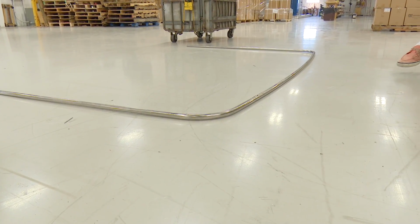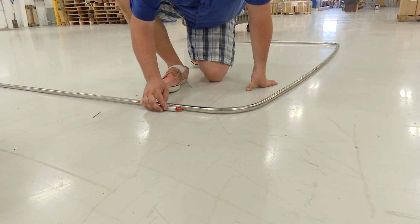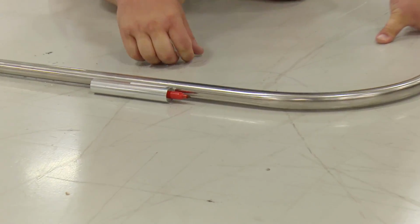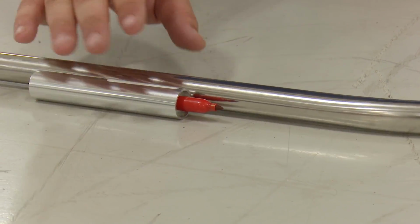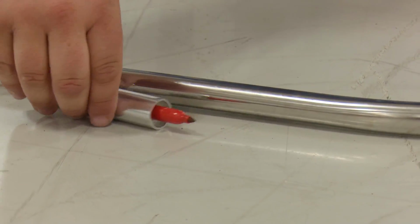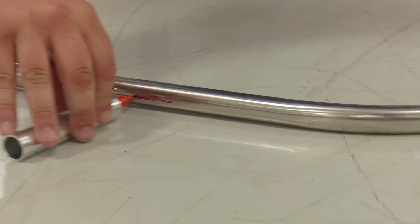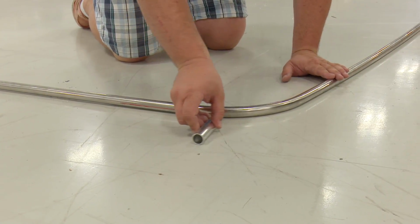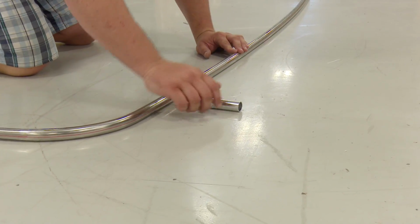Okay, the reason that we taped up our pen there is so that way we'll be able to mark a center line. Basically what I've done is I took one of our scrap pieces that we cut off and I wrapped tape around it to center the pen, and then what I can do is I can take it and just lay it on the floor and I'll be able to scribe a line,